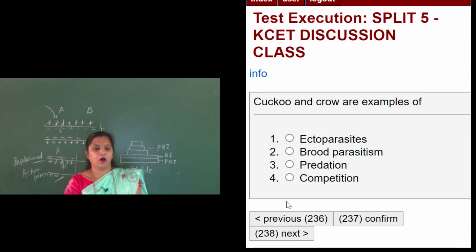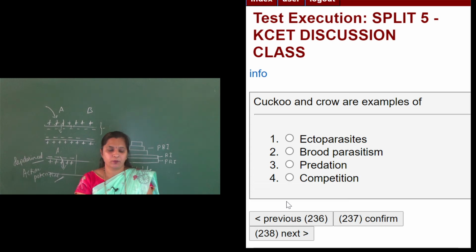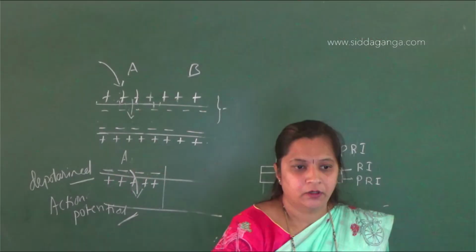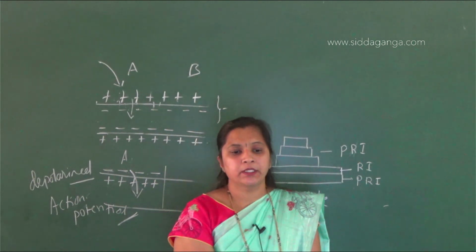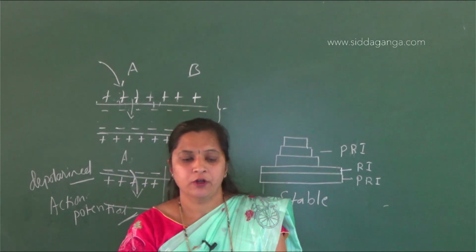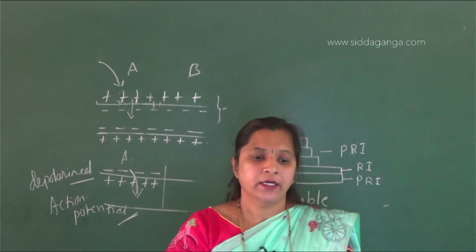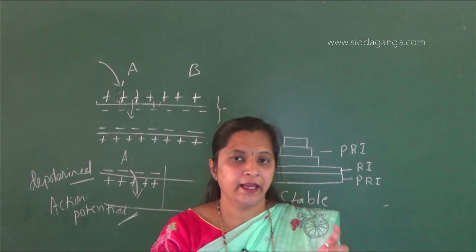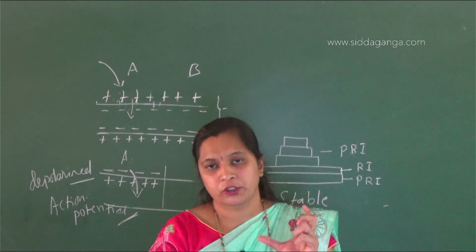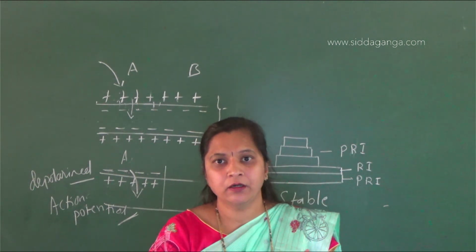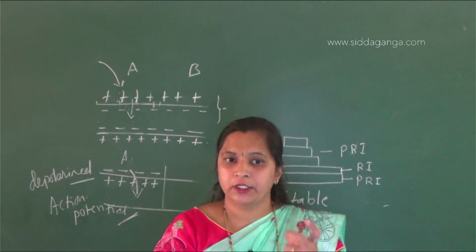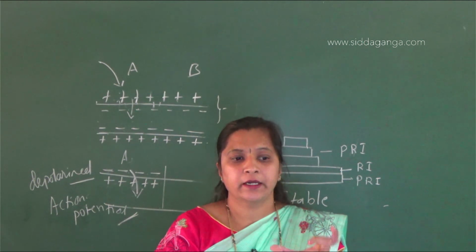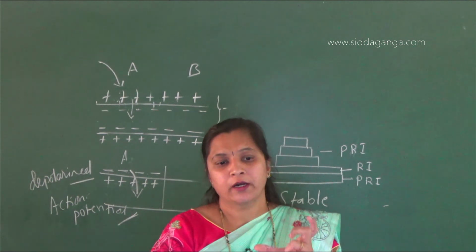Cuckoo and crow are the examples of what? First option, ectoparasites. Second option, brood parasitism. Third option, predation. Fourth option, competition. See, cuckoo and crow are the examples of brood parasitism. So, brood parasitism means what? It is a type of parasitism where the parasitic bird will lay its egg in the host nest. Let the host incubate the eggs. So, here the parasitic bird is the cuckoo, which lays its egg in its host nest, that is the